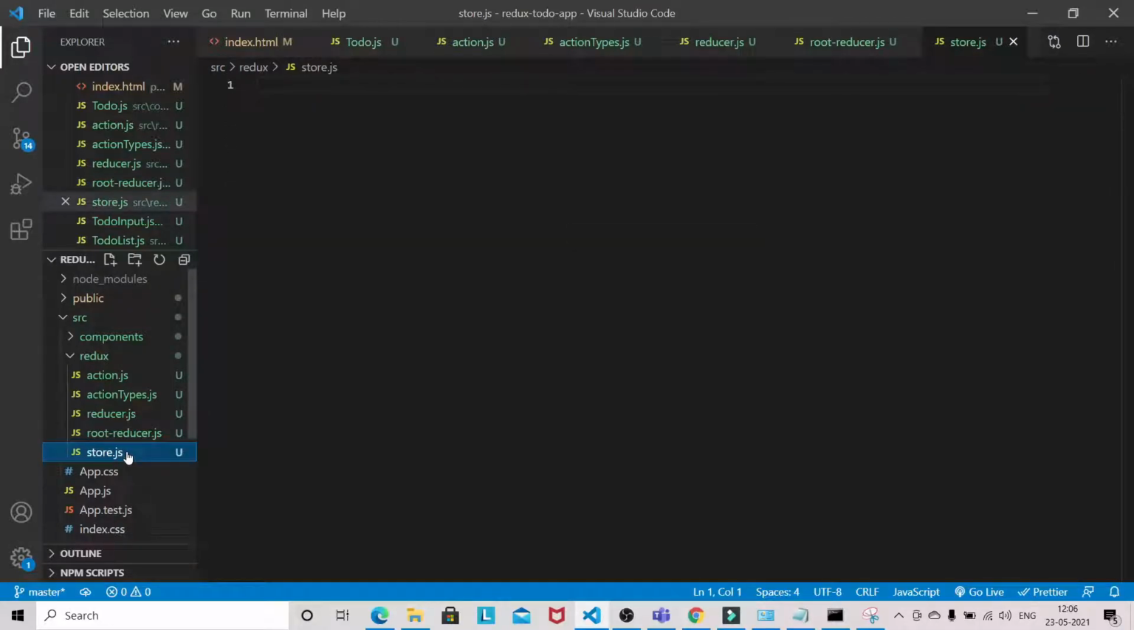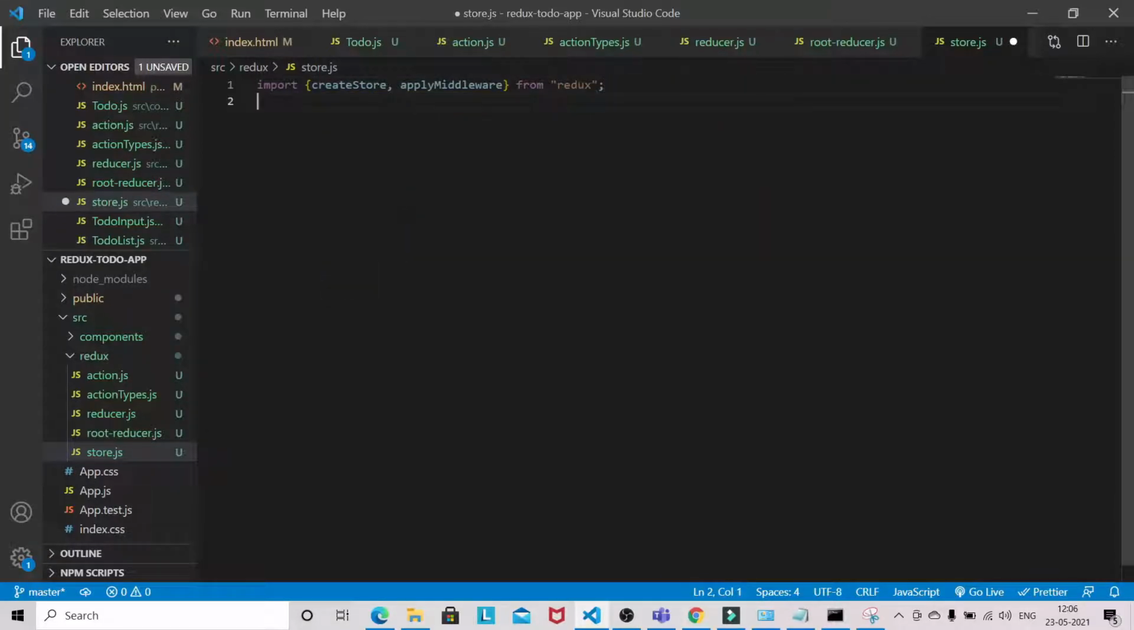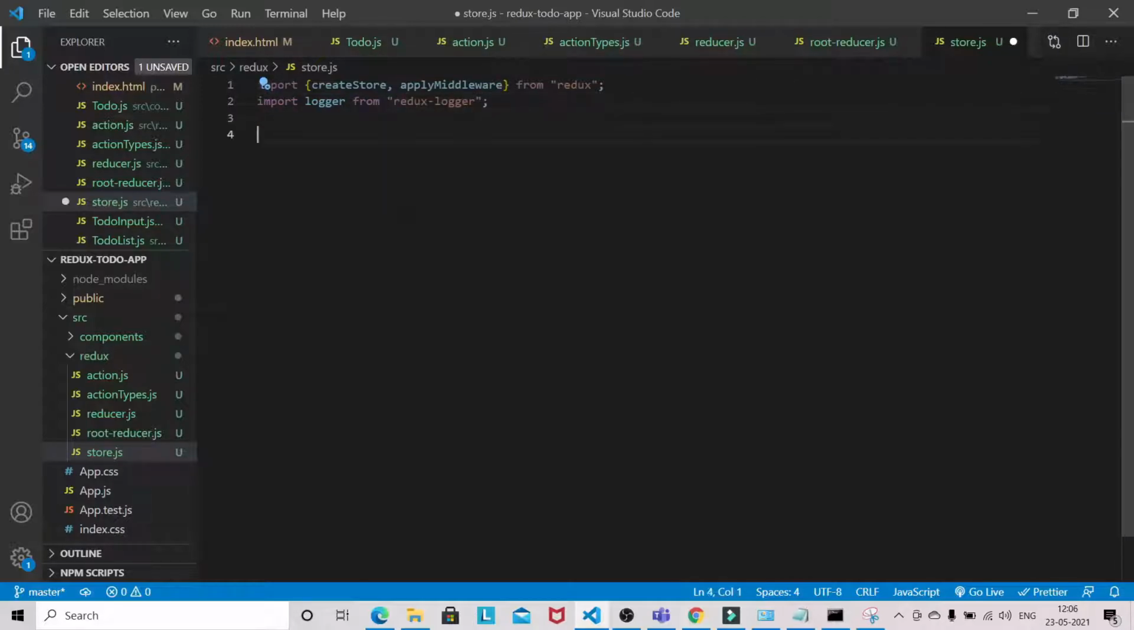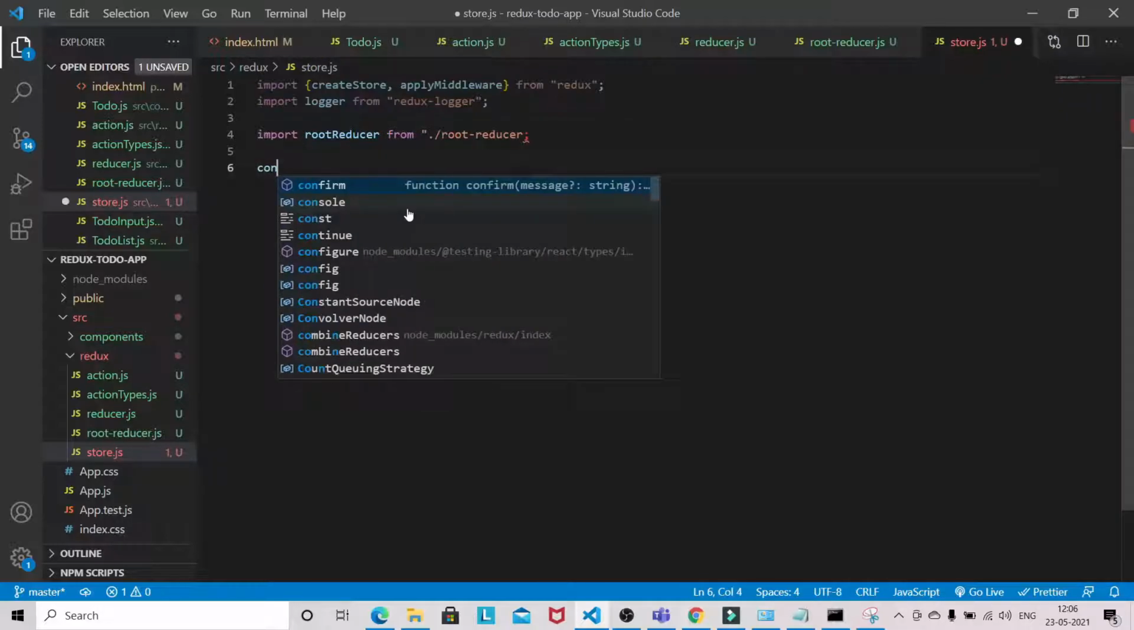Now we will set up the store here. So from Redux we need createStore, applyMiddleware, and we need logger from redux-logger. Then here import rootReducer from root reducer, and